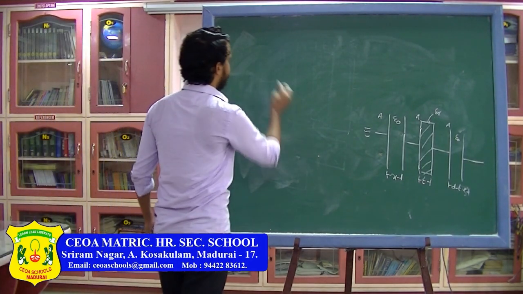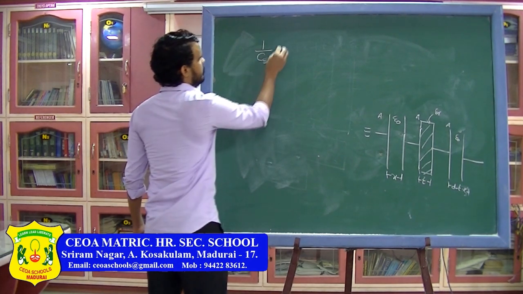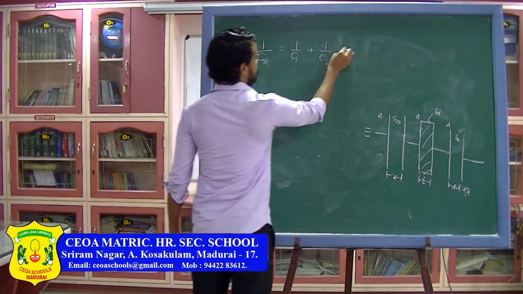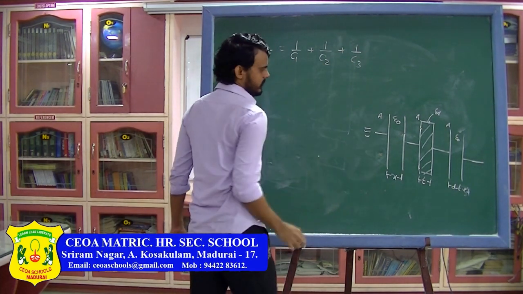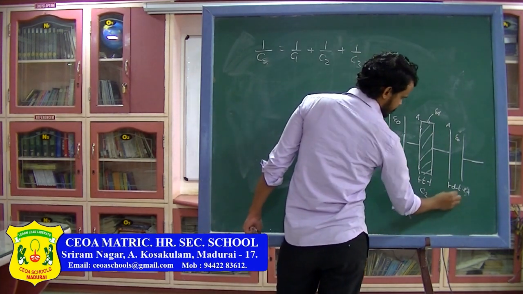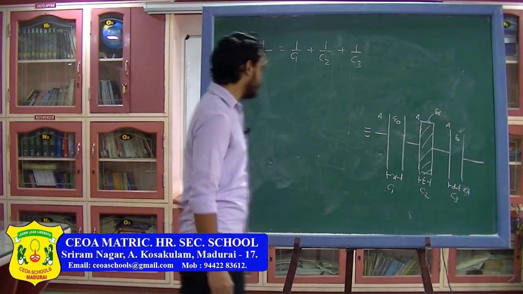So I can write equivalent capacitance will be 1 upon C equivalent, or Cs, is equal to 1 upon C1 plus 1 upon C2 plus 1 upon C3. Here I am assuming this capacitor is C1, this capacitor is C2, and this capacitor is C3. Now the capacitance of this capacitor I can write as,